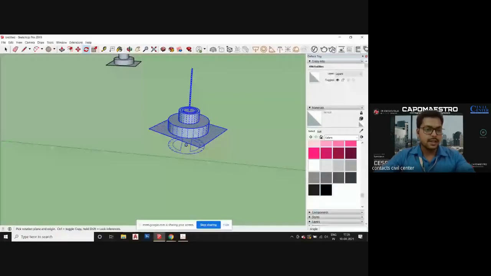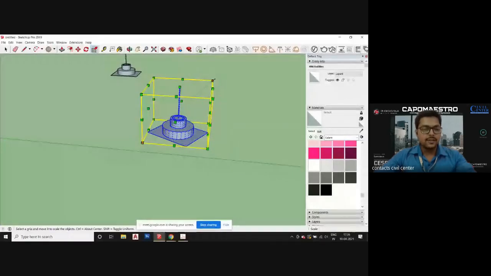So use the scale tool. And now you can find different green dots over here. So the dot that you will select will come to red color, okay, and rest of the dots will stay green. So just show them how different dots will act.